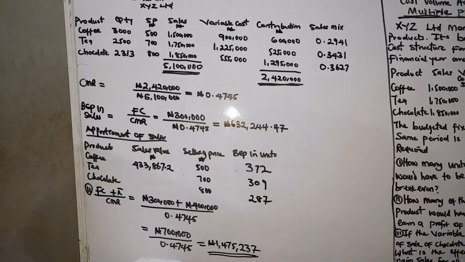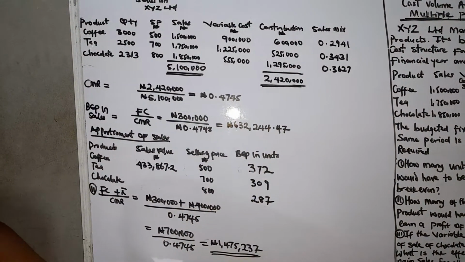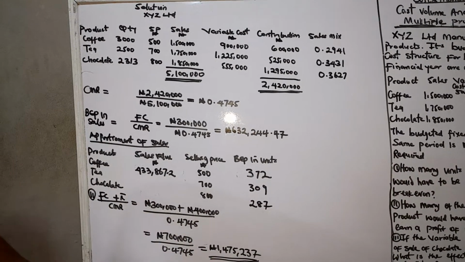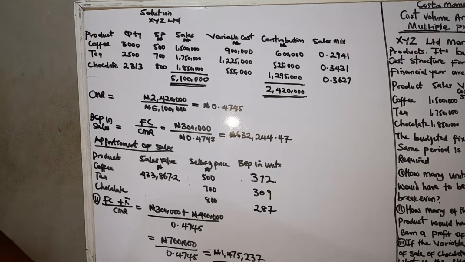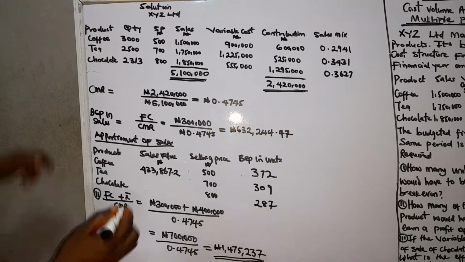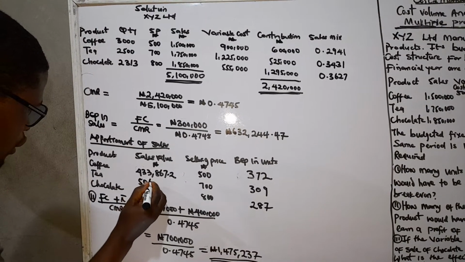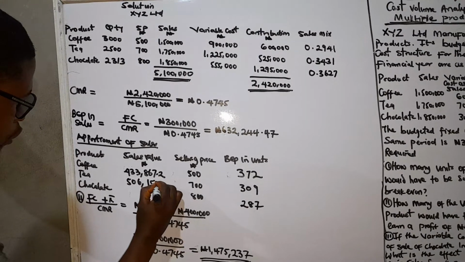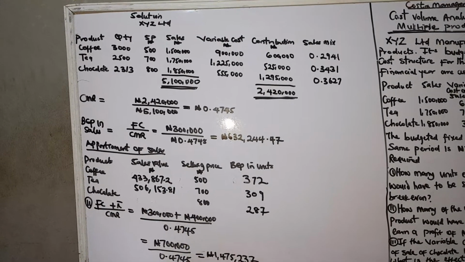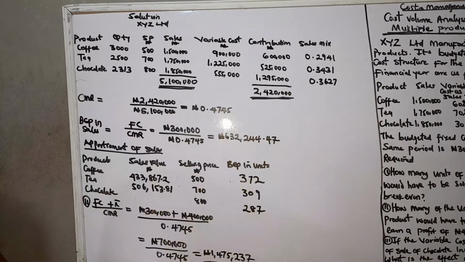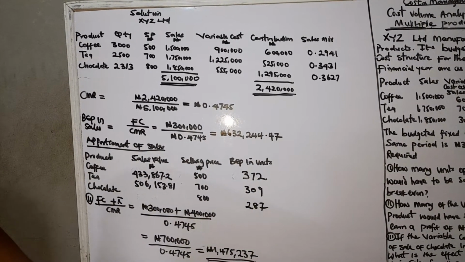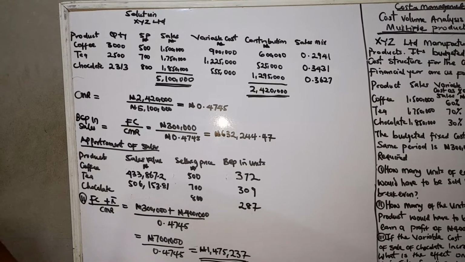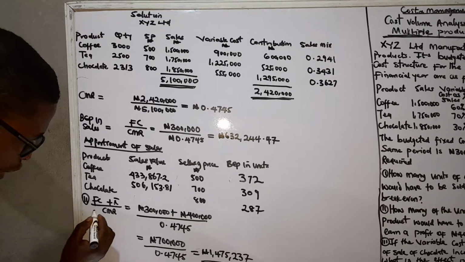So that is for what? Chocolate. Then tea, we get 0.3431 times this value, 1,475,237. So we get 506,153.81. That is for tea. Then chocolate we get 0.3627 times 1,475,237. So this will give us